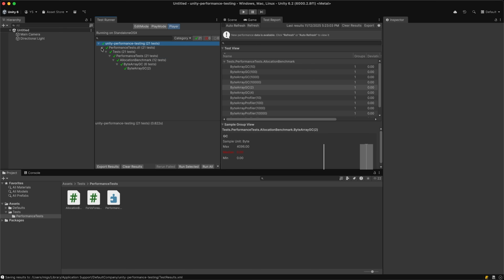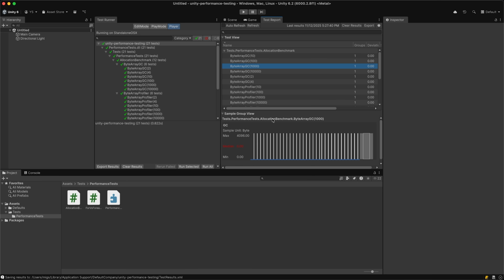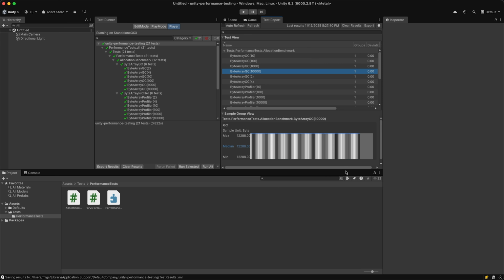Alright, the build finished and the tests ran. Let's see what we have. And look at the results now. The 2, 4, and 10-byte tests still show 0 allocations. With the 100-byte array, we see a couple of 4-kilobyte allocations. This means that at this point we've reached the limit of the previously allocated memory and needed one more block. For the 1000-byte test, we're seeing 4-kilobyte allocations roughly every 3 runs, and with 10,000 bytes, every single iteration allocates